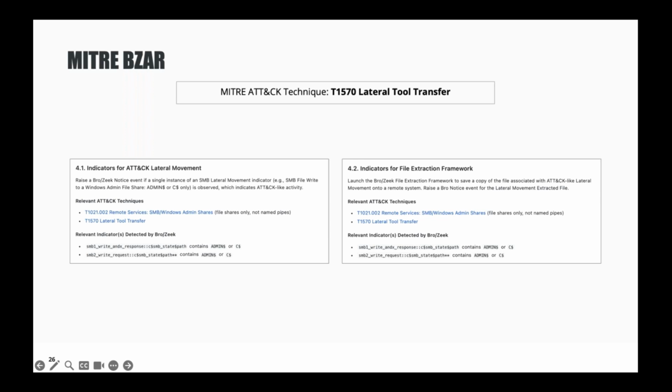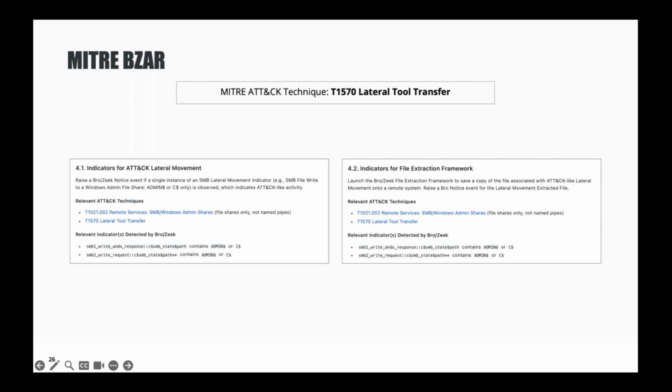So it doesn't have anything to do with IDS systems or the Suricata we mentioned before. It's pure Zeek. And when it goes in and detects those kinds of behaviors, that might be an SMB write to an admin share, or it might be multiple failed attempts going in there. When it sees these attempted lateral movements, it can even carve out a specific file and link that to that